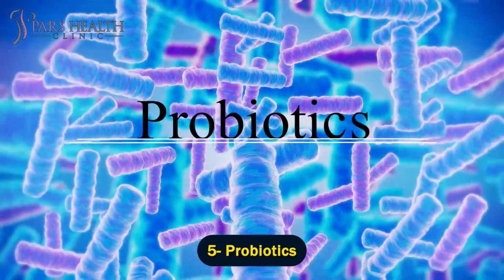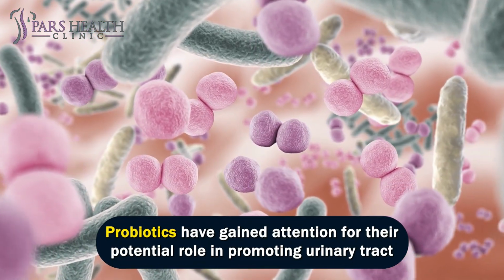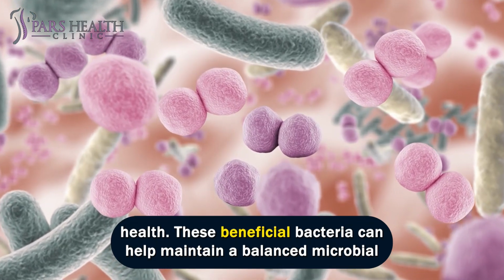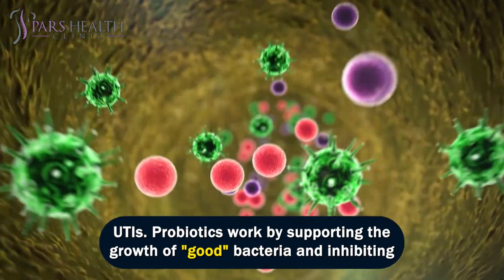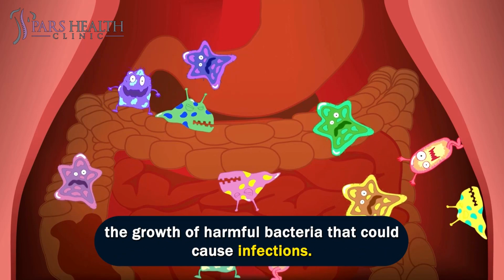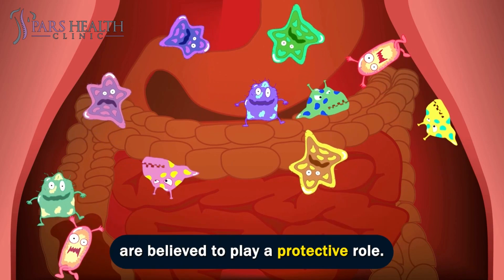Number 5. Probiotics. Probiotics have gained attention for their potential role in promoting urinary tract health. These beneficial bacteria can help maintain a balanced microbial environment in the gut and urinary tract, which may aid in preventing and managing UTIs. Probiotics work by supporting the growth of good bacteria and inhibiting the growth of harmful bacteria that could cause infections. Lactobacillus species, in particular, are commonly found in the urinary tract and are believed to play